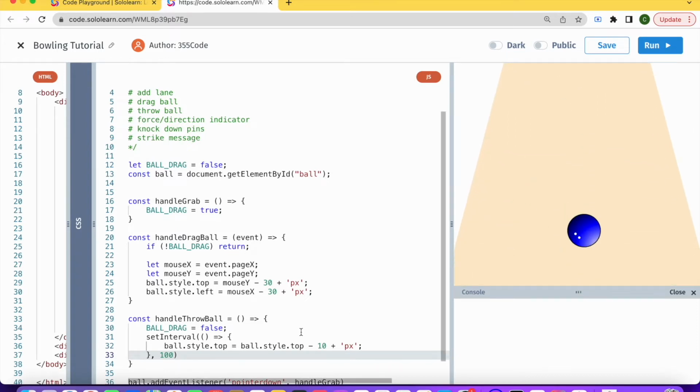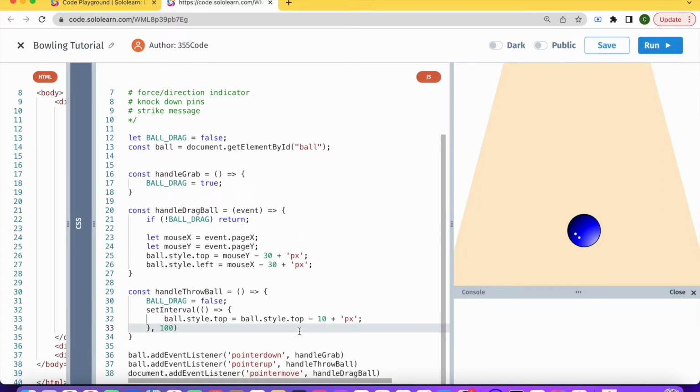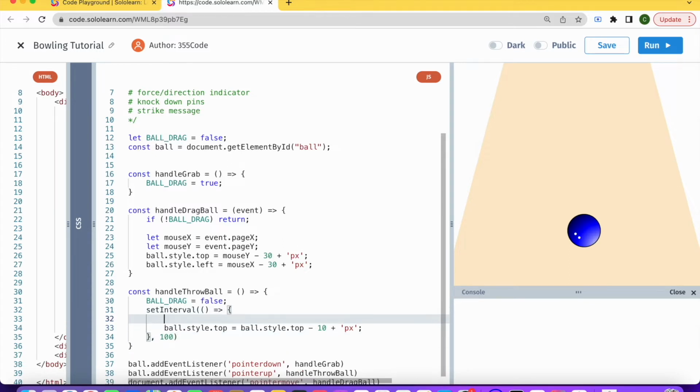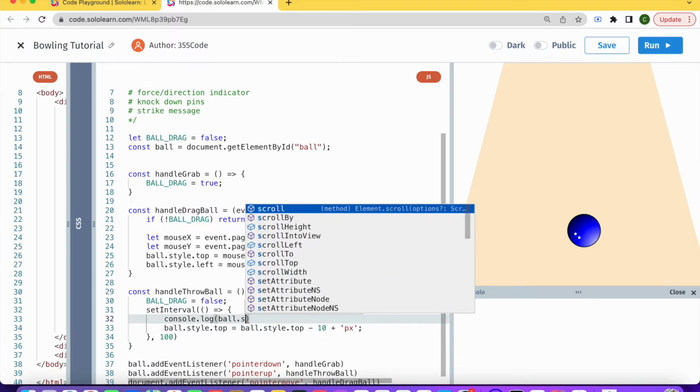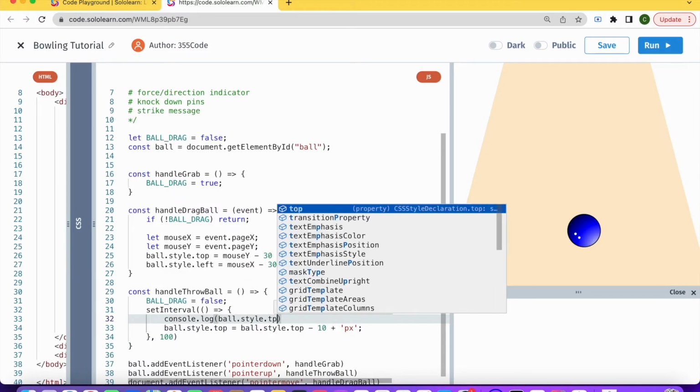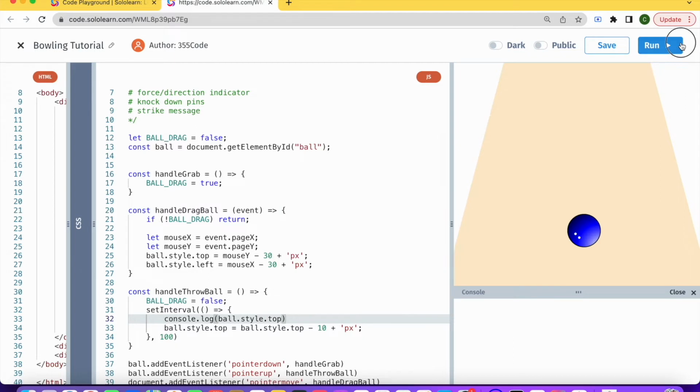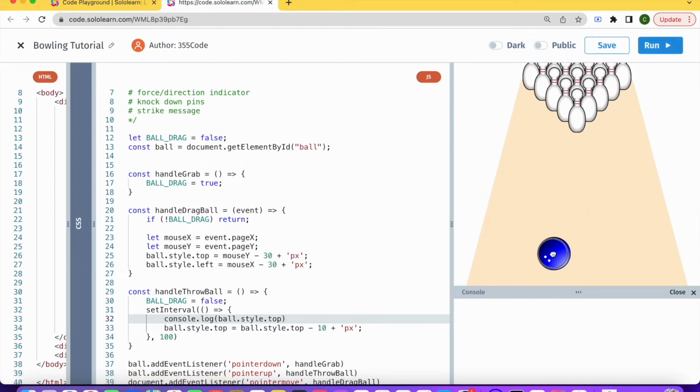Drag the ball and nothing happened. So we know that this code is executing because ball drag is turning into false, but something is not working here in the setInterval. So I'm going to do console.log ball.style.top. Okay, and run the code and drag, let go, and you can see here that